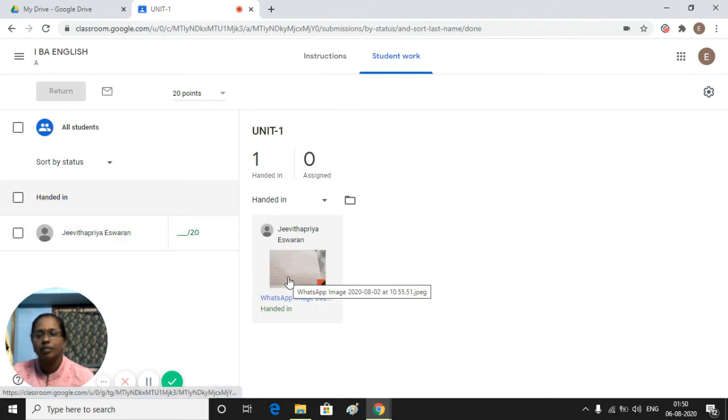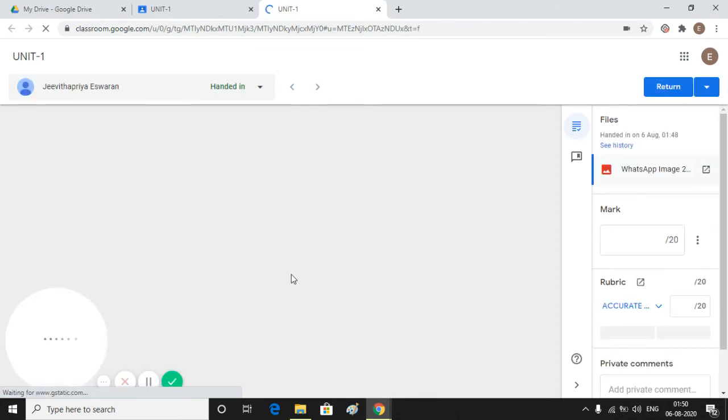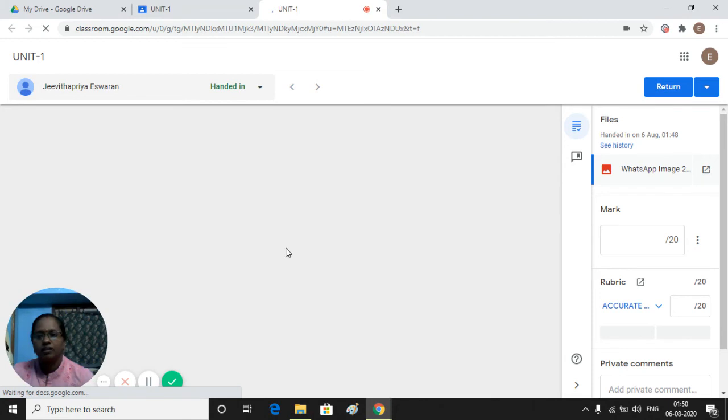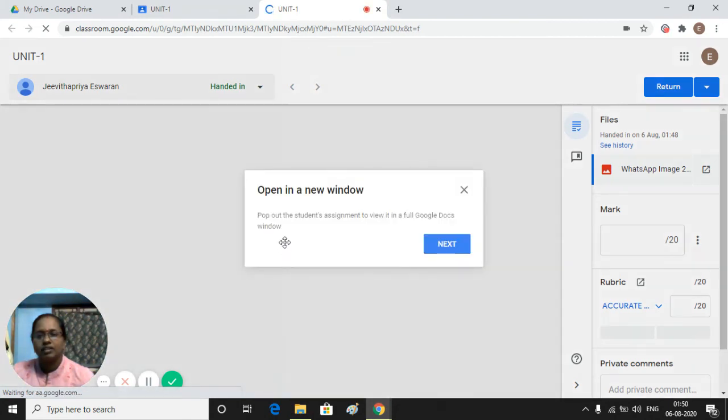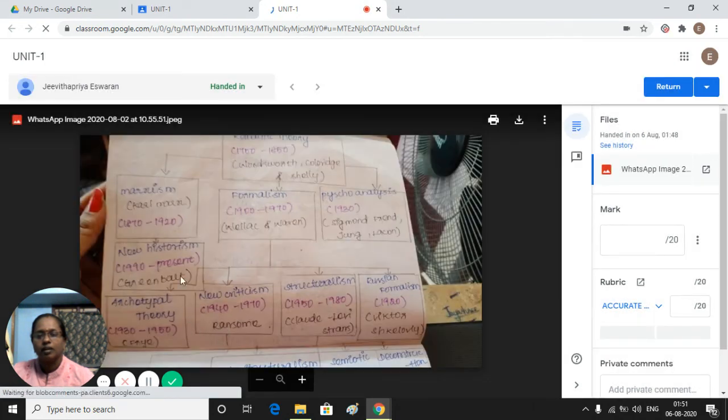Here that assignment paper will come. When you double click, if the teacher clicks that, the assignment the girl submitted, the photo she took, will come here.